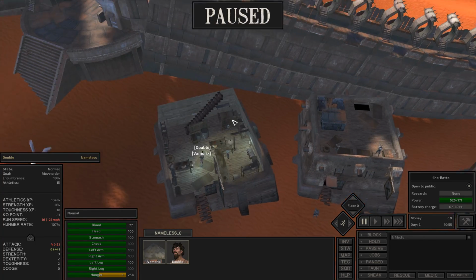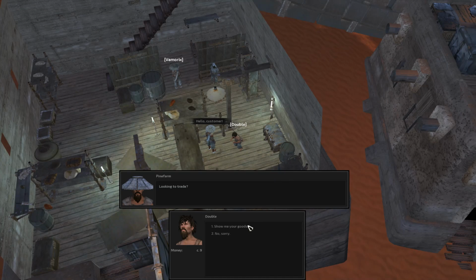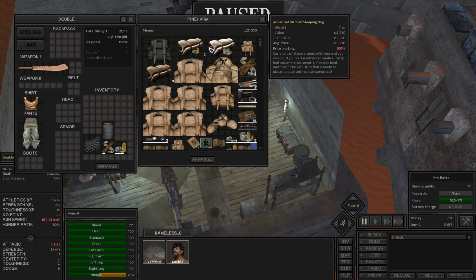And actually, we have a small enough amount of stuff that we can just go into this one shop and sell. So yeah. Here's another mod that I have. I don't know if we'll be using it at all during this playthrough, but basically they're sleeping bags that cost a lot more